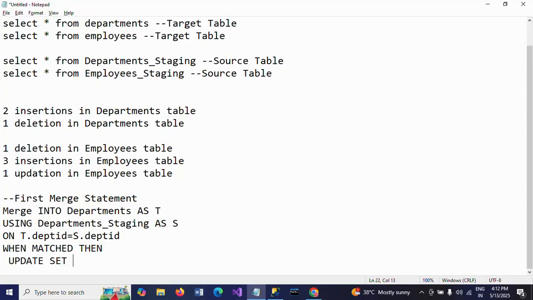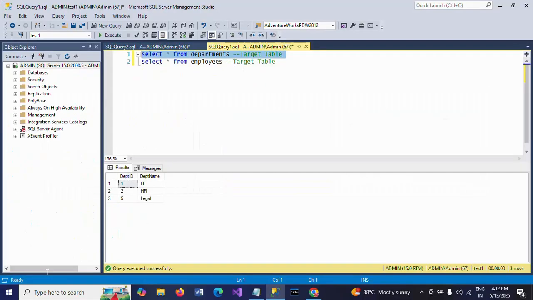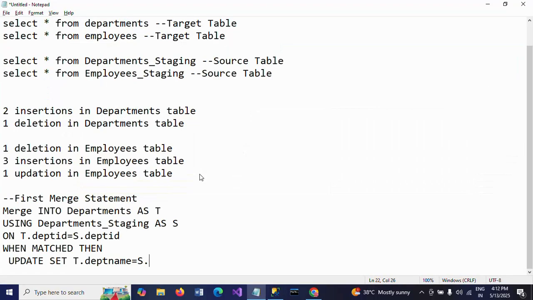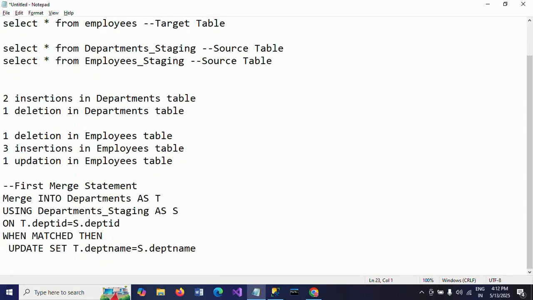Set T.deptname equal to S.deptname. So it is the deptname column name, S.deptname. Next, when not matched,